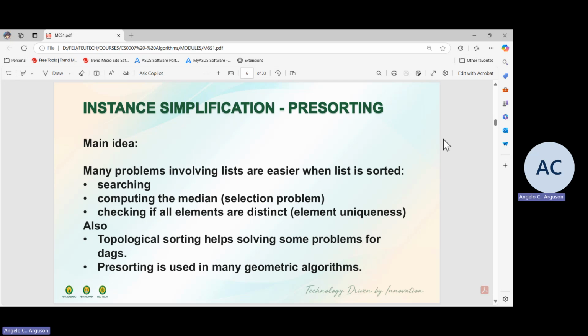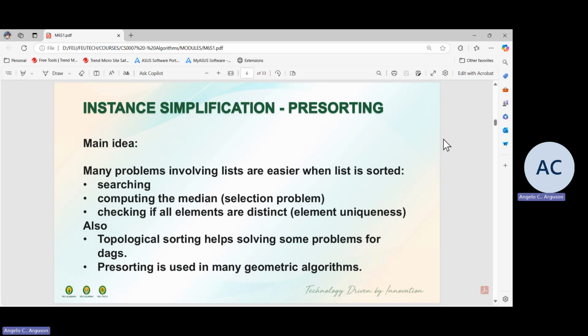For example, this will help us for searching, or computing the median, where we apply some selection problem, or when we check if all elements are distinct, or element uniqueness. These are things you can encounter when you are using DISTINCT in SQL statements, right? You will definitely have distinct records seen on the screen if you're using DISTINCT